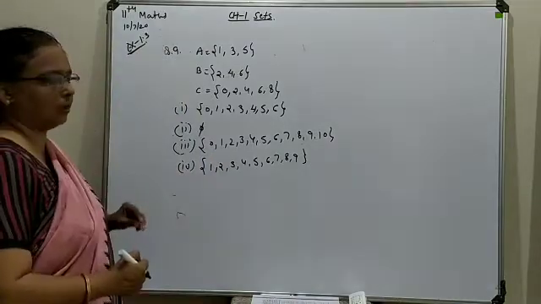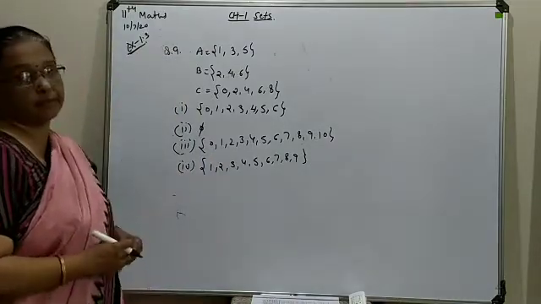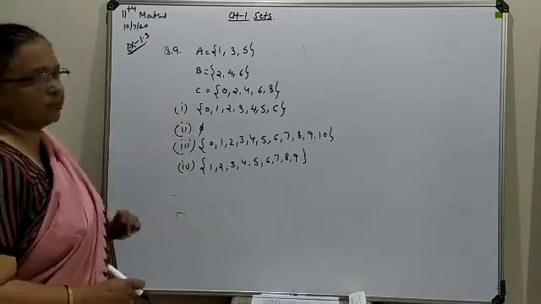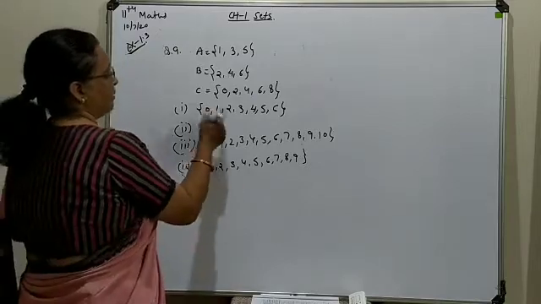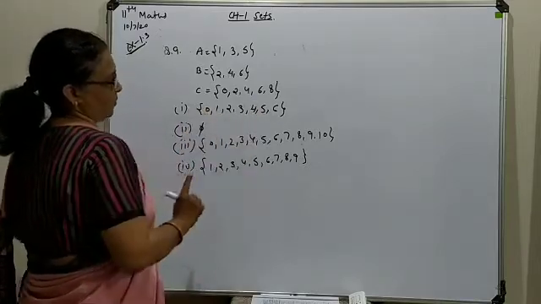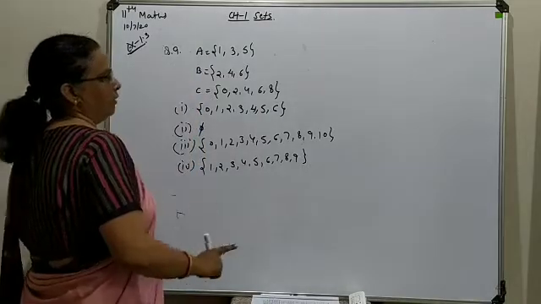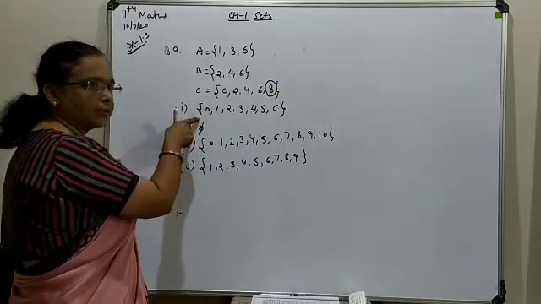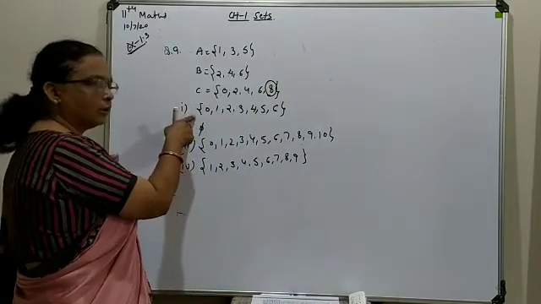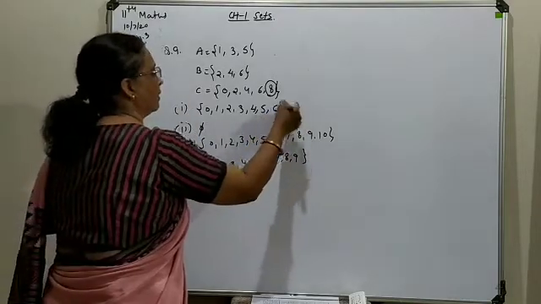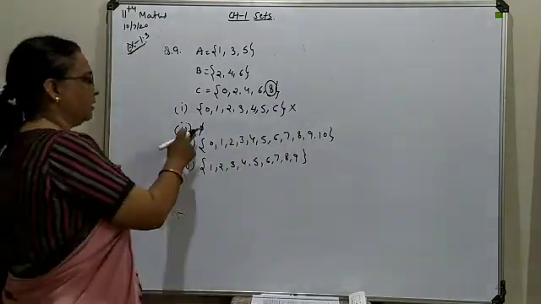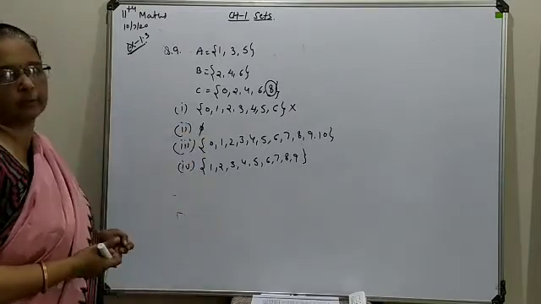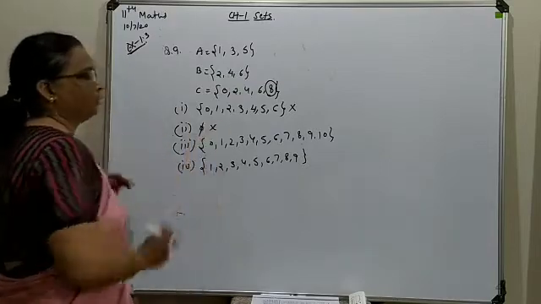Here one by one we are going to check which one of these will be considered the universal set with reference to all these 3. Move towards the first one. Here you see elements are available from 0 to 6. But if you combine all these sets, you will see 8 should also be there as part of the universal set. So in this set, 8 is not present. That's why it will not be considered a universal set. Next is a null set. So the null set does not contain any element. That's why obviously it will not be considered a universal set. This will not be either.